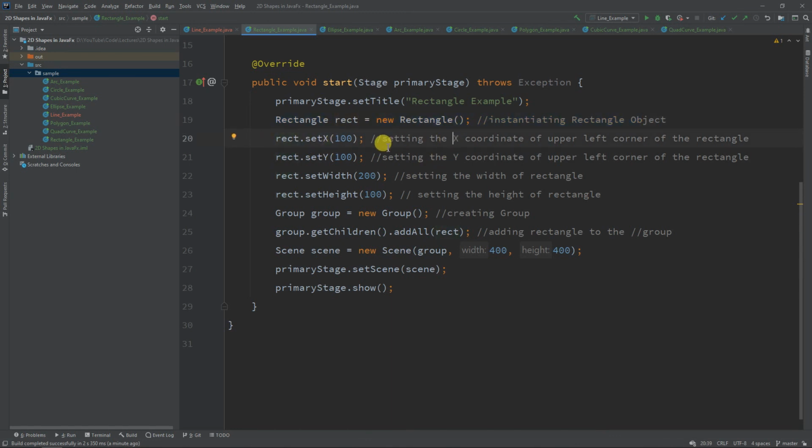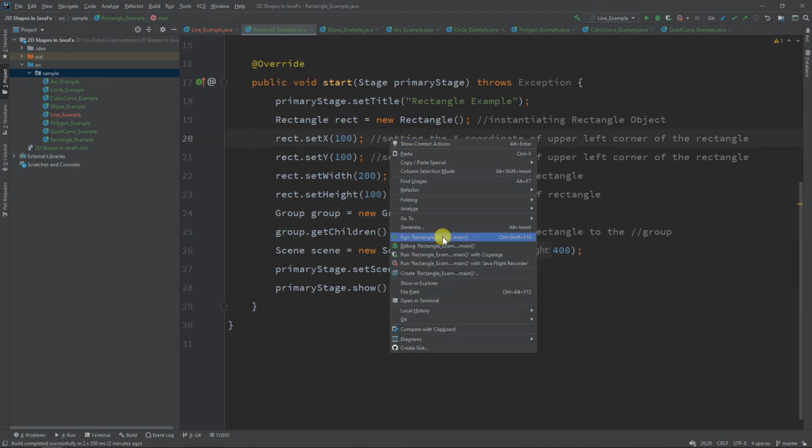The x and y coordinates here are the coordinates of the upper left corner of the rectangle, so please keep that in mind. Next we have to set the width and the height, and then the rest of the code is to create the stage and so on.